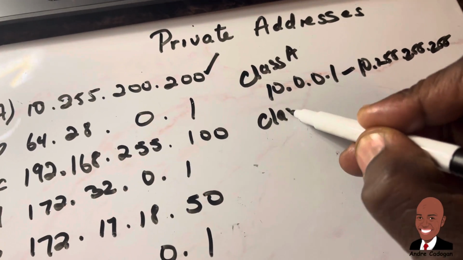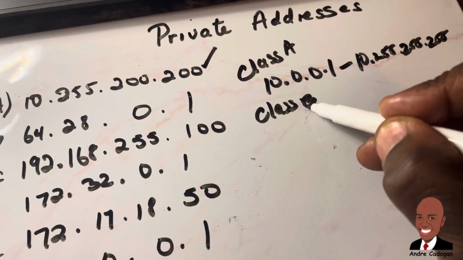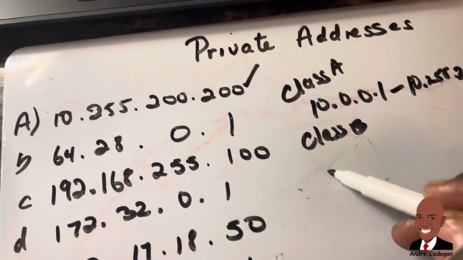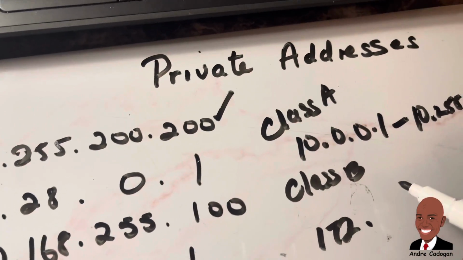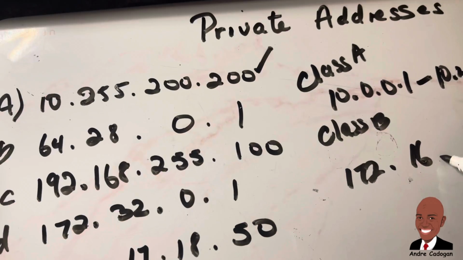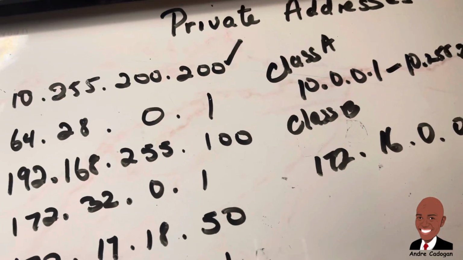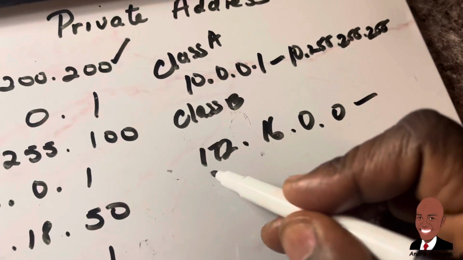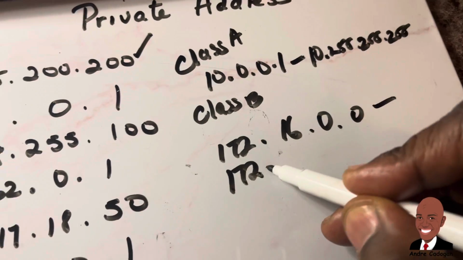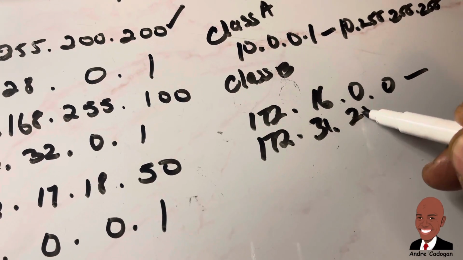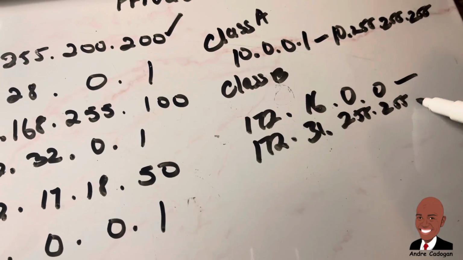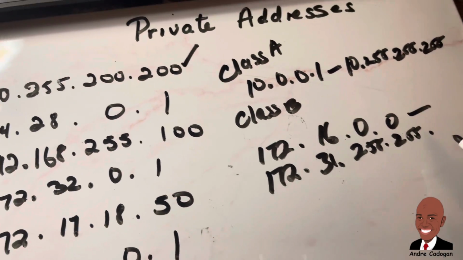Class B private addresses start at 172.16.0.0, and go all the way up to 172.31.255.255, right? So basically,